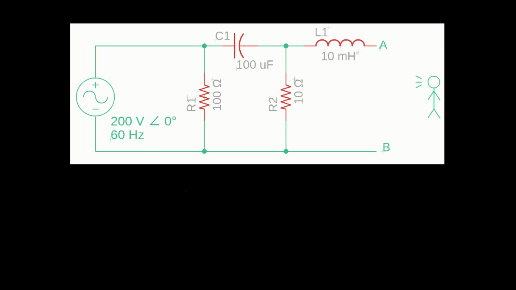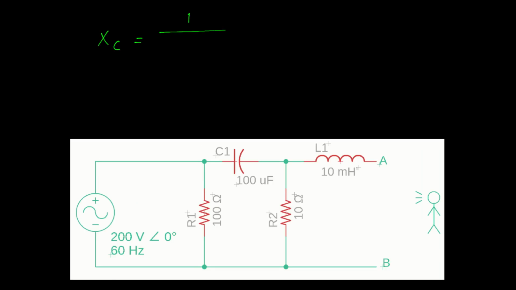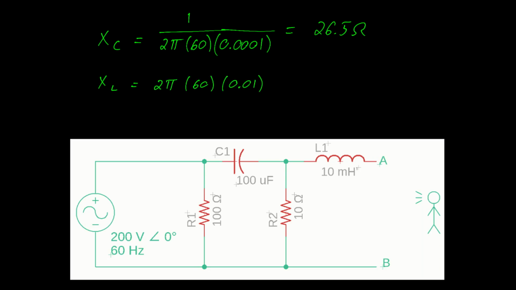For this problem, we're asked to find a Thévenin equivalent circuit. Our opening move is to calculate the reactance of each component. Here's the reactance of the capacitor, and here's the reactance of the inductor. We can take these and then put the impedances on our schematic as negative J 26.5 and J 3.77 for